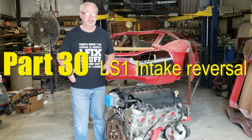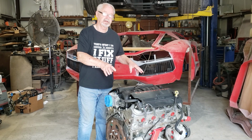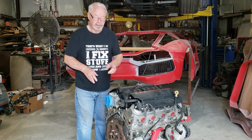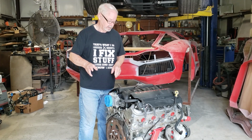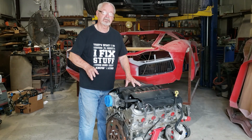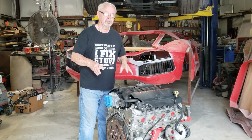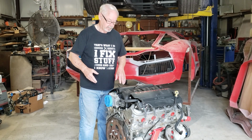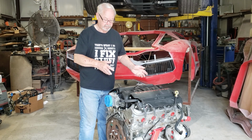Okay, this video is going to be about swapping the intake manifold on the LS1. Instead of facing forward, make it point to the back. There's a lot of stuff that has to happen to do this. I've got the Corvette valve covers on this engine, which added another little twist. I had to relocate some things to make that work. But let me get into it and show you all the things that I had to do to get this